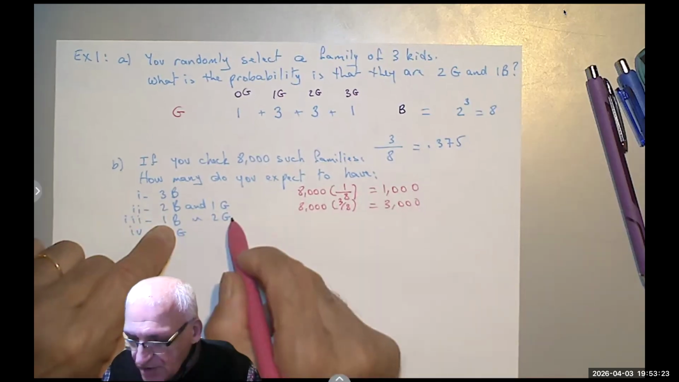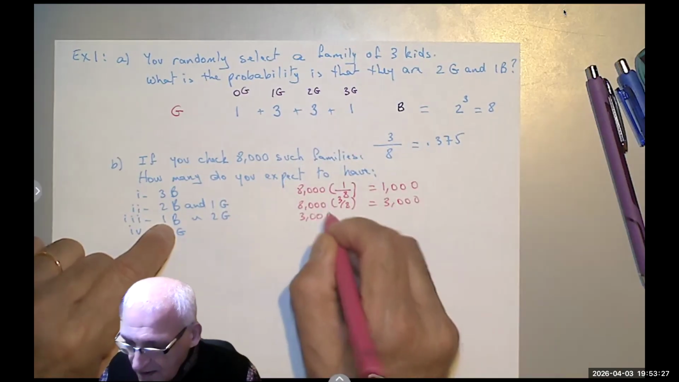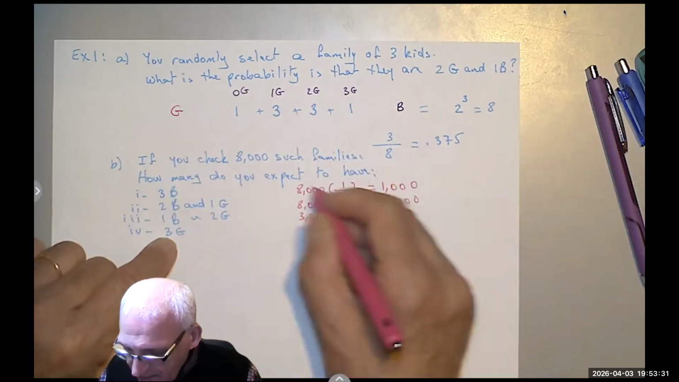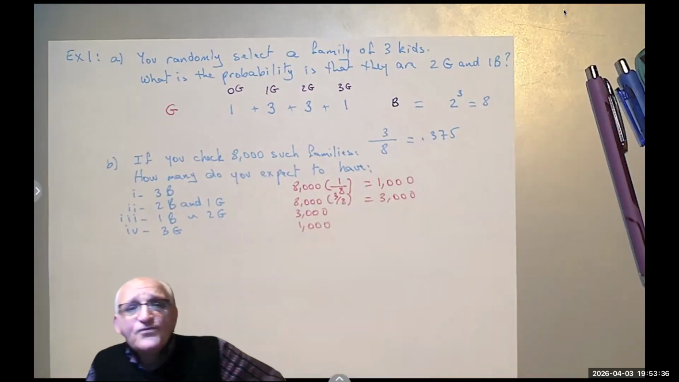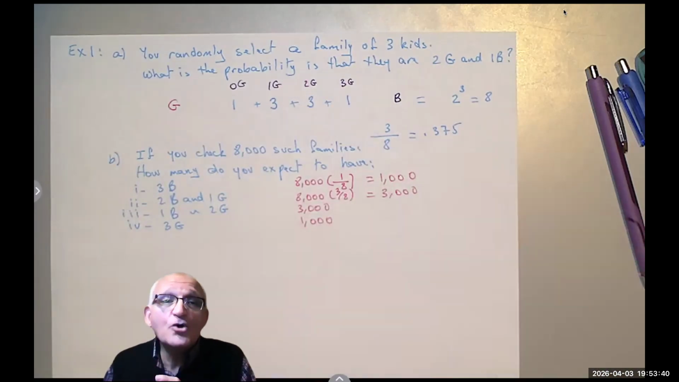1 boy and 2 girls. 2 girls. It's the same. 3,000. 3 girls. 3 girls is 1 over 8. So multiply by 8,000. It's the same as the top. You get 1,000. Of course, in real life, they will not be exactly 1,000, 3,000, but very close to these